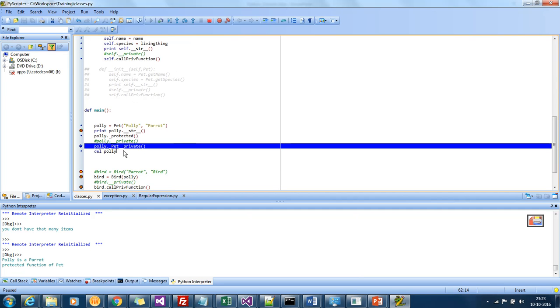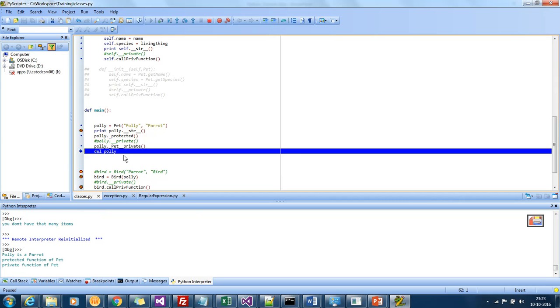But in Python, this is called name mangling. You can still access a private function by using a single underscore, the class's name, which is the base class, and then the underscore private. You can still call it. Python's flexibility says so. All right. Now